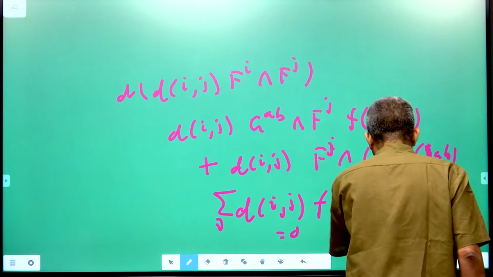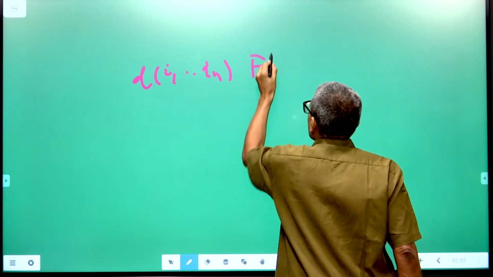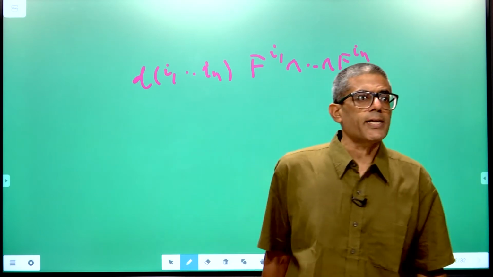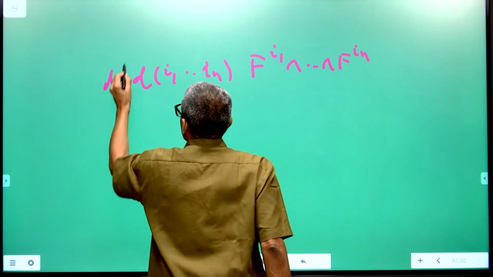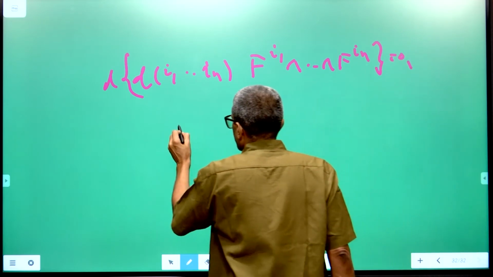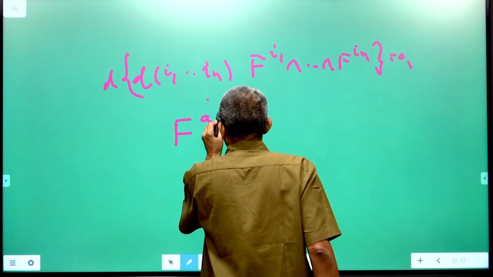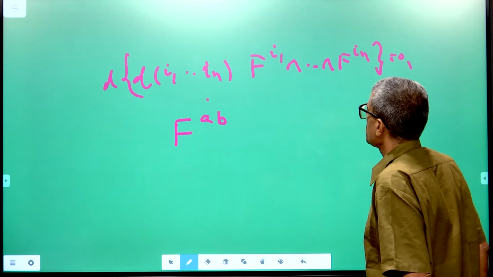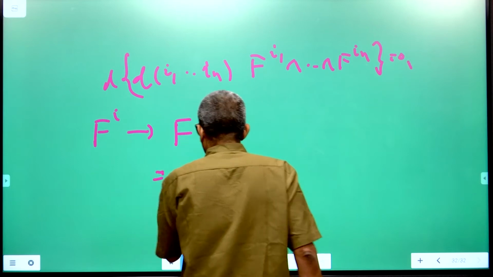Likewise, in the general case it also follows that this quantity d_{i1...in} F^{i1} wedge ... wedge F^{in} is a closed form whenever d_{i1...in} is a symmetric G-invariant tensor. If you specialize this to the curvature form, where F^i is replaced by F^{ab}, where ab are the spinor indices,